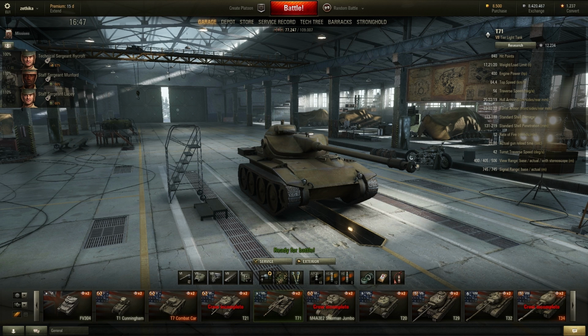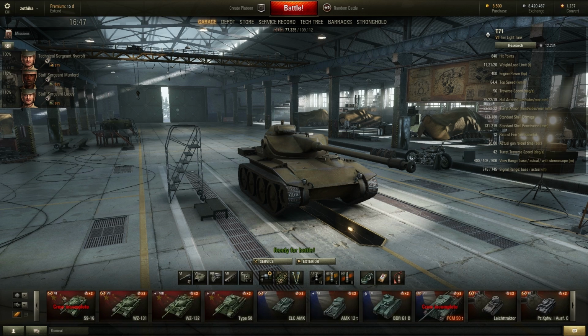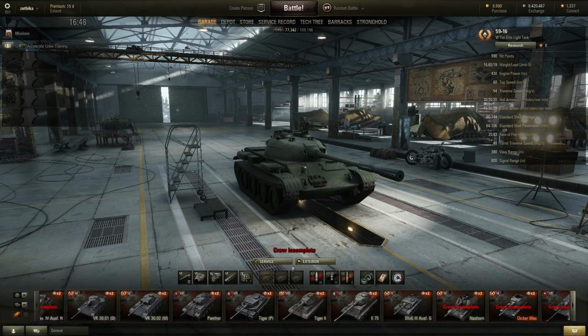Is it? Yeah, it might actually be. I think this is my first high-tier autoloader tank. Is it really? I think I have another one, but I can't remember which. And maybe one of the Japanese ones? No, oh wait, I remember. It was the 5916, right? Actually, I'm really getting confused here. Quickly, let's check the tanks before I make a fool out of myself. Yes, the 5916 does have an autoloader, and I did use it because...